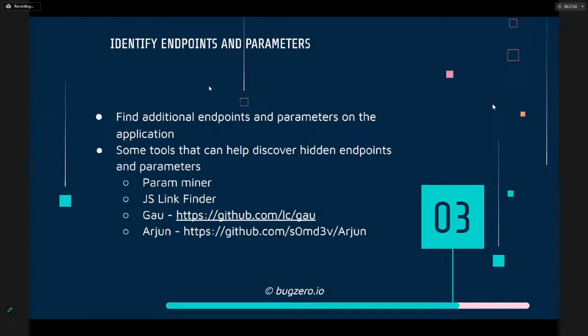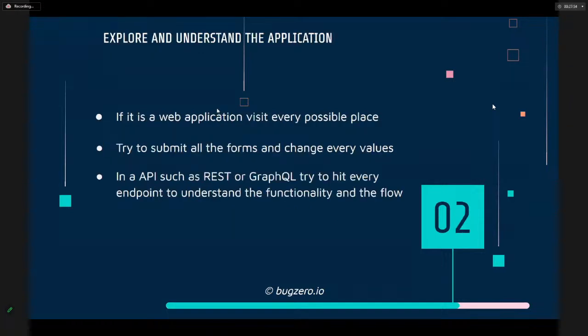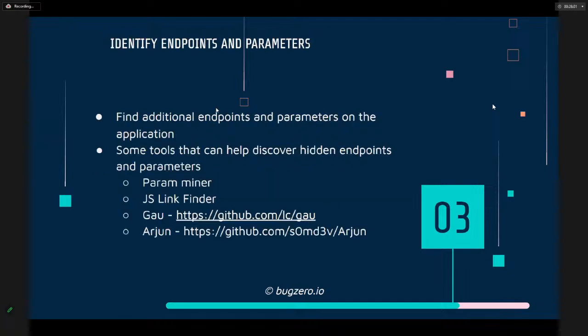Right. In the next step, you need to find more endpoints and parameters that may be hidden. In the previous step, we were just looking at the things that the web application gives us, right? But in this step, we try to find more hidden endpoints and parameters. For this phase, you can use tools like Param Miner. I mentioned it before. What Param Miner allows you to do is, let's say,